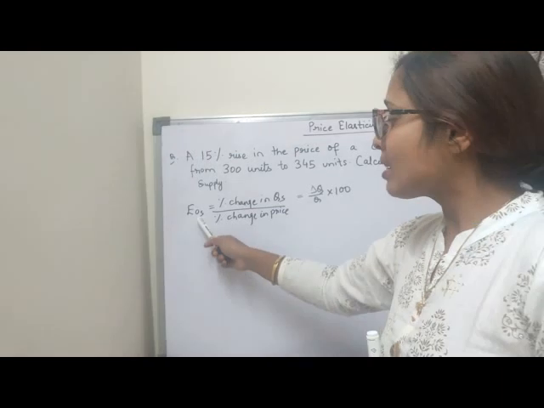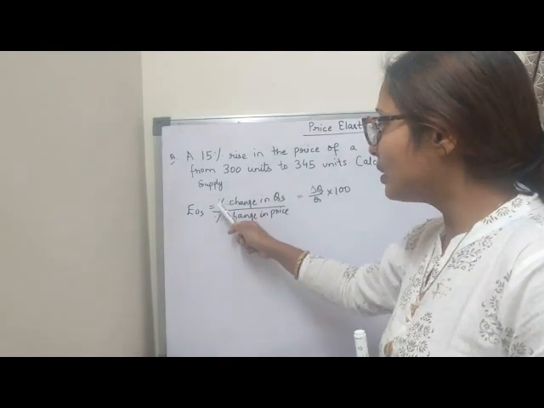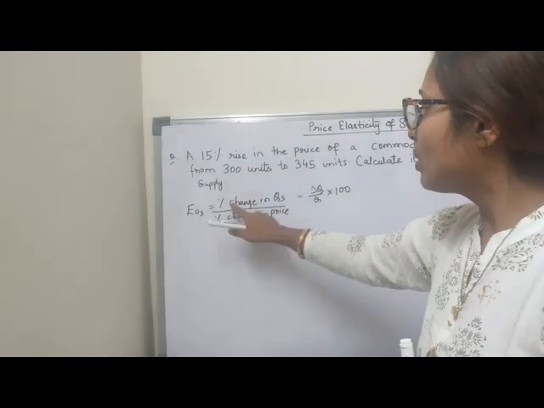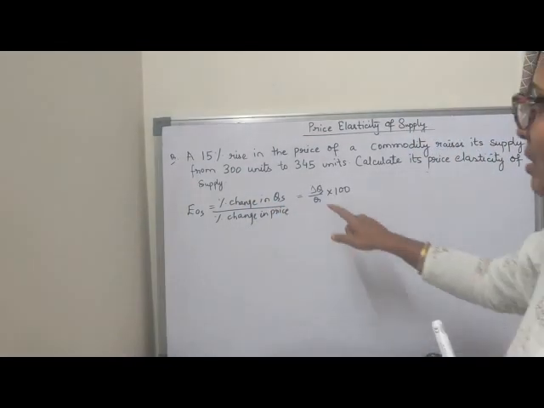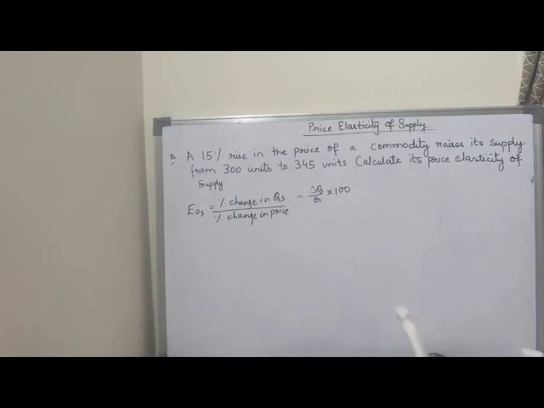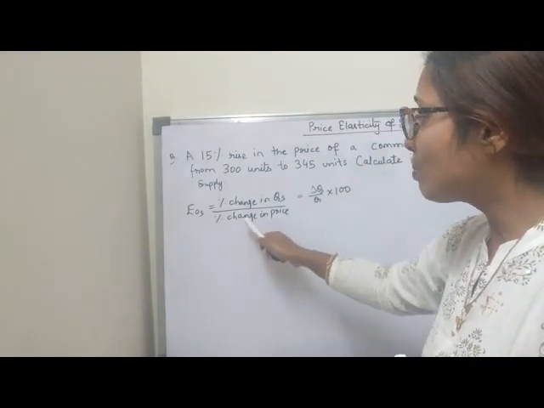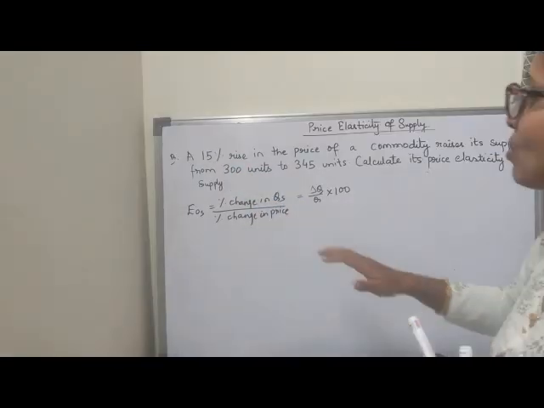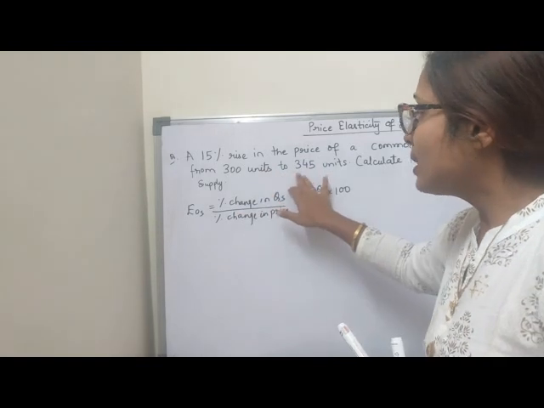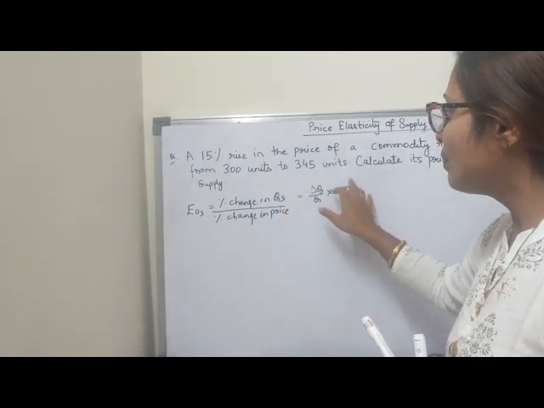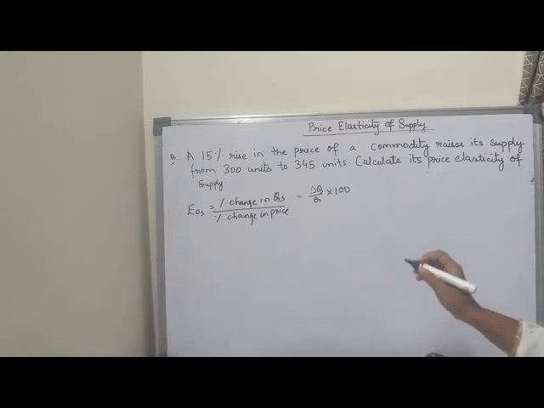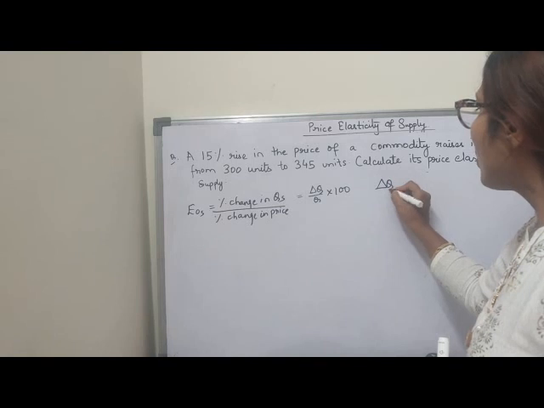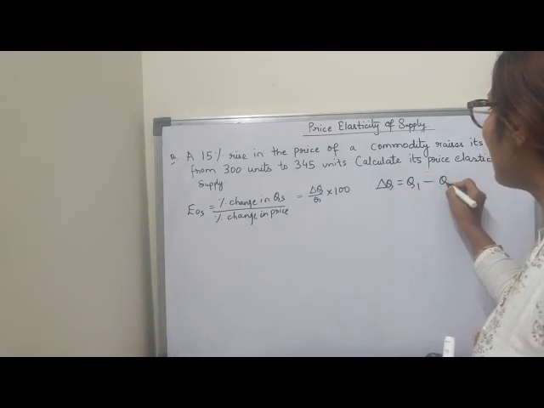Now to find out the price elasticity of supply, we know the percentage method, that is percentage change in quantity supplied divided by percentage change in price. Now how to find out this percentage change in quantity supplied? That means delta Q by Q into 100. We are not finding the percentage change in price, because it is already given in percentage. Just to bring quantity in percentage mode, for that reason we are applying this. Clear? Now you see how to find out this delta Q. Now delta Q is what? Delta Q is Q1 minus Q. What is this Q1?